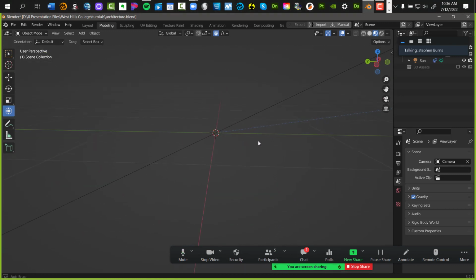Okay, now we're going to bring in an image. Whenever we're building anything in 3D, how successful you're going to be depends on whether or not you have an asset or a reference. That's what I want to say. Have a reference, have a reference, have a reference.